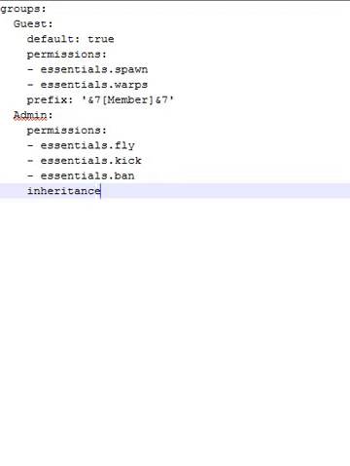You're just going to write inheritance, enter, and then you're going to space it 4 times, and then dash, space, and then just put whatever this says. So mine says guest, so I'm just going to put guest. And then, of course,